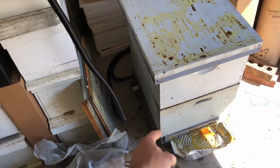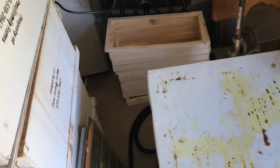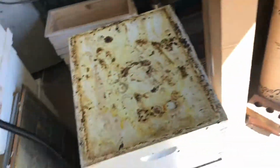This bottom box is pretty old junk. I have a hole drilled. I'll show you. Just have a hole drilled in the back where that pipe runs in, and then I'm gonna open this quickly. Just put a top on it,